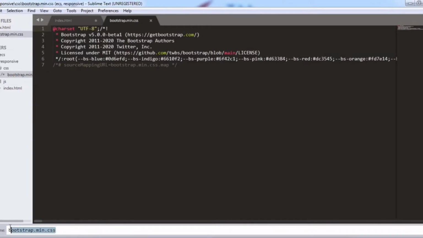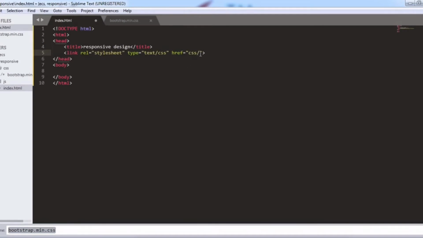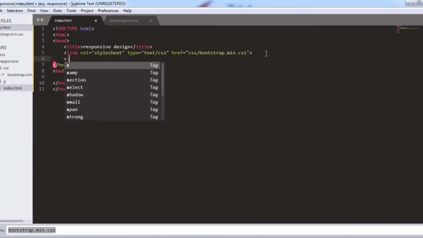I will rename my file, copy this and paste it so that there is no error in the file format. After that I am going to give another link, for my JS file.